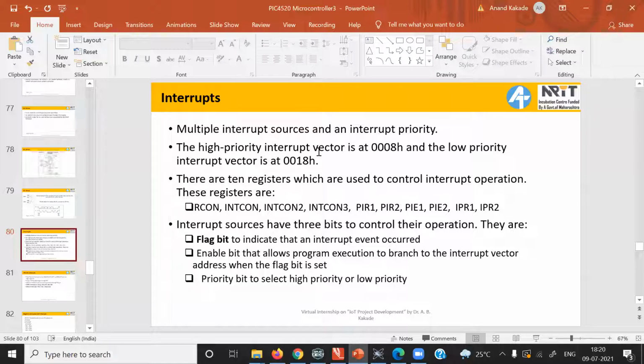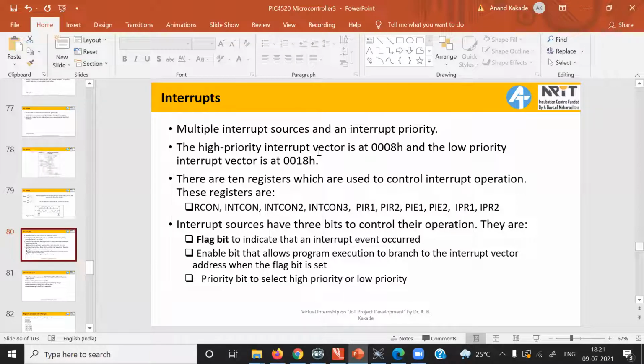With the help of an interrupt, a signal is generated, and that signal, as the name indicates, interrupts the execution of the program. So the microcontroller completes execution of the current instruction. It pushes the address of the next instruction on stack memory, and it jumps to the vector address. At the vector address, a small piece of code is written. From that vector address, there is one more jump where the actual interrupt service routine is written. So at the vector address, a limited amount of memory is available. That's why code is not directly written at the vector address. So whenever an interrupt occurs, the microprocessor jumps to a particular memory location, and that location is called the vector address.